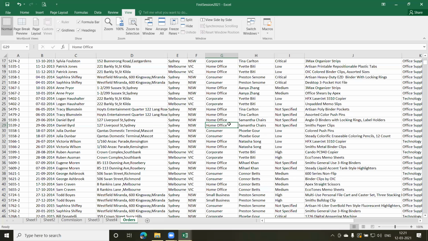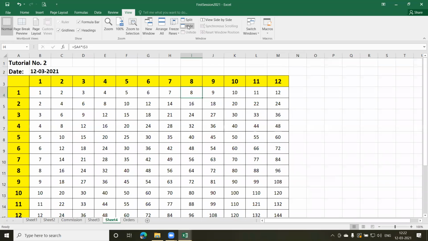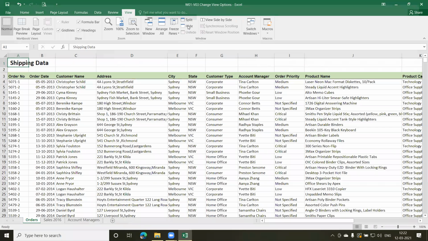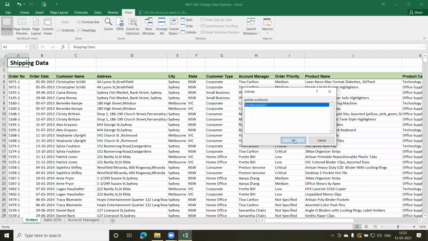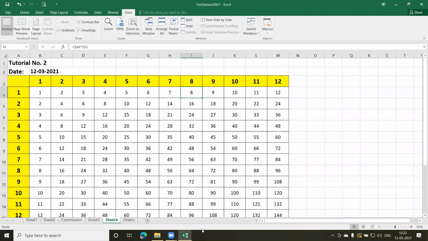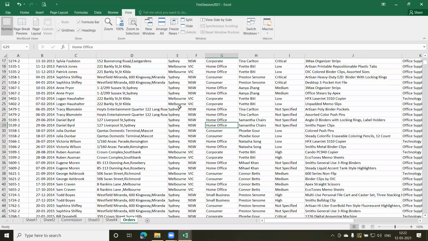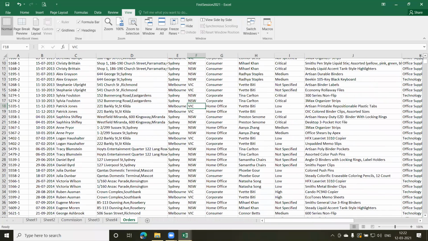Okay, now this was the window, that was the other window, mind you. So if I want to hide this, let us say hide this. I click on hide, it goes off. Unhide, it comes back. So this is my window. But hiding and all, I think you won't be using it that frequently.